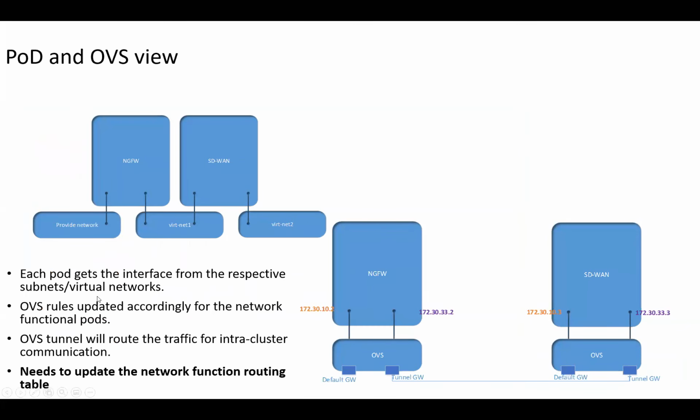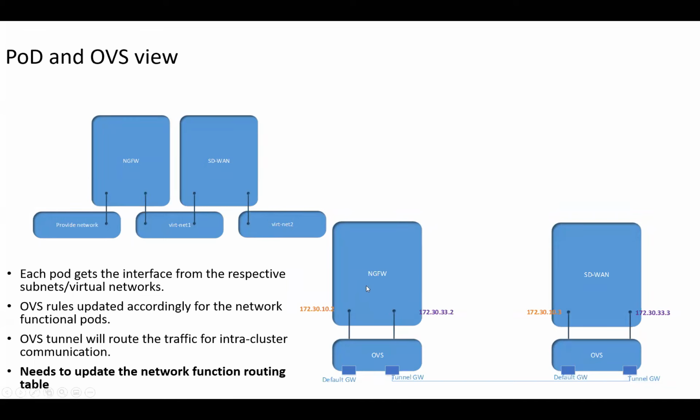So the key point to mention here is what we look at from the Antrea point of view, right? When we talk about chaining in this case, we still talk about the CNF being part of the same cluster. So as far as Antrea is concerned, any communication within the cluster is going to go through the tunnel, right? I hope we are not missing any use case which is not using the tunnel, in case you're talking between pods or pod and CNF. It is only through the tunnel, right?